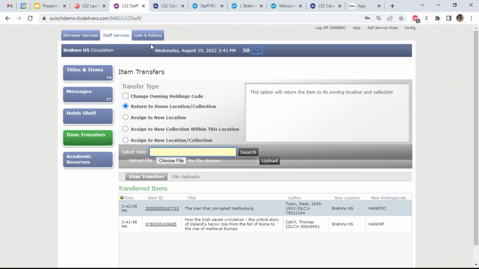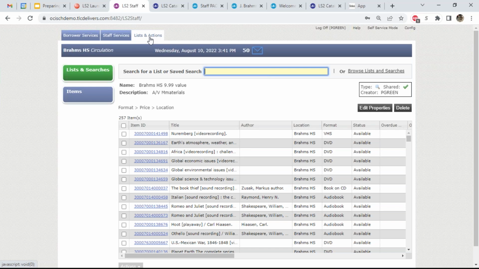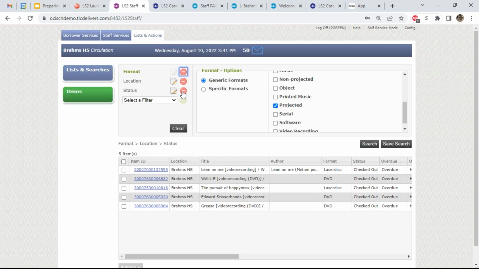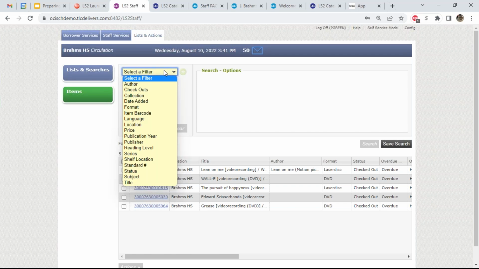So that's the staff service tab. And then we'll wrap up this portion with list and actions. List and actions is that on-the-fly reporting tool I mentioned a few minutes ago. So you may not have access to LS2 reports because it contains PII and financial data about the district. So you still need to be able to create lists of items to